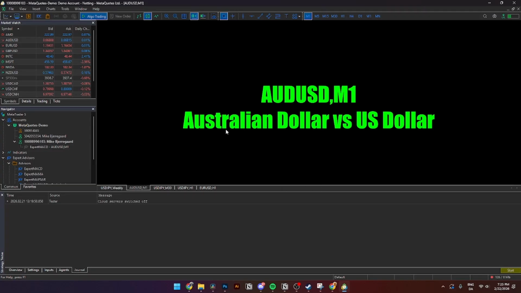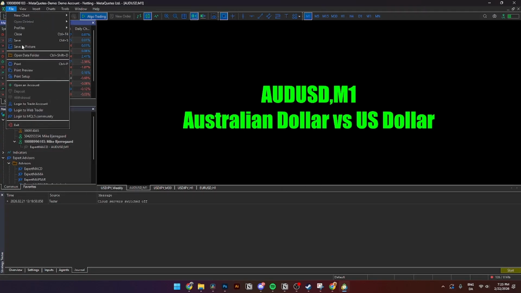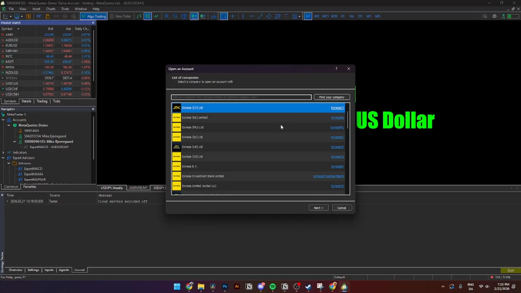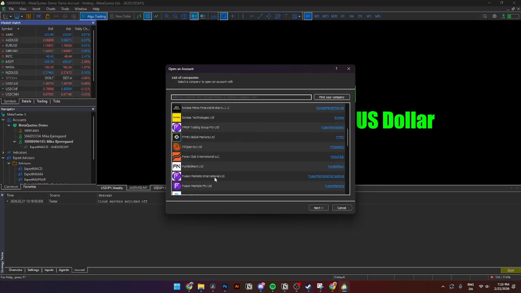And now from here, you'll need to go up to File up here and then Open Account. Once you're inside of here, you'll need to go over to Add New Account, enter the company name or address, and you'll just need to type in Fusion Markets and then click Find Your Company. Once you get there, you'll need to scroll down until you see Fusion Markets right here,